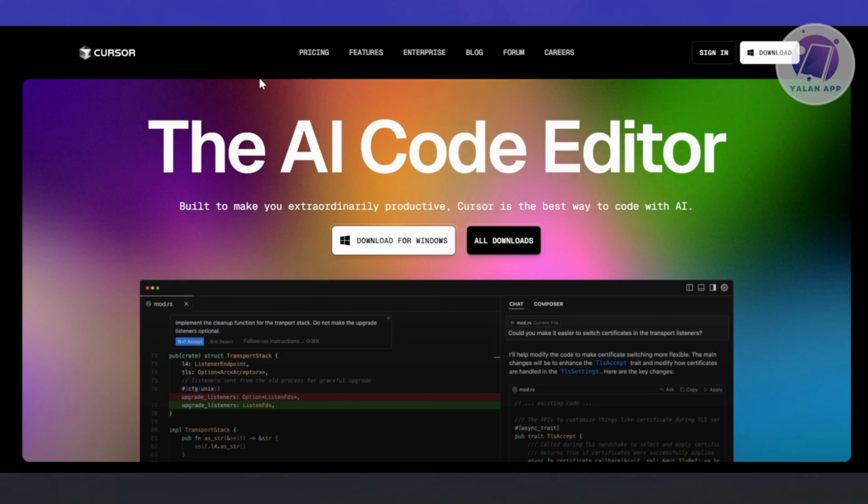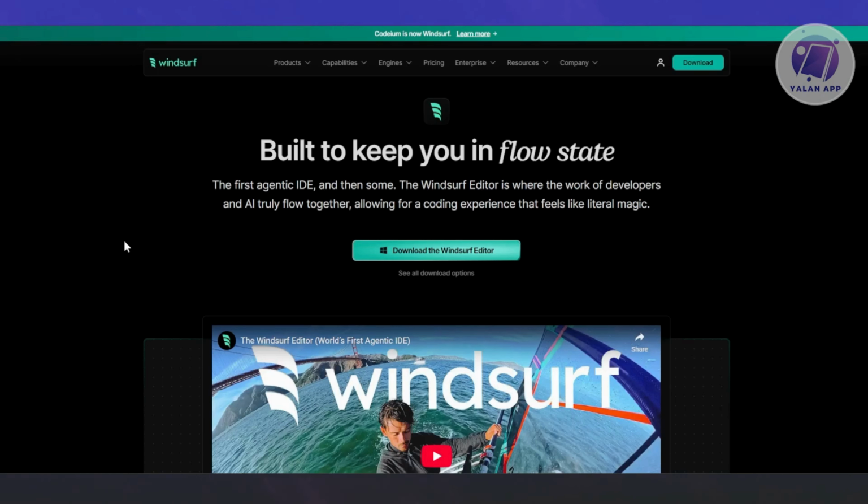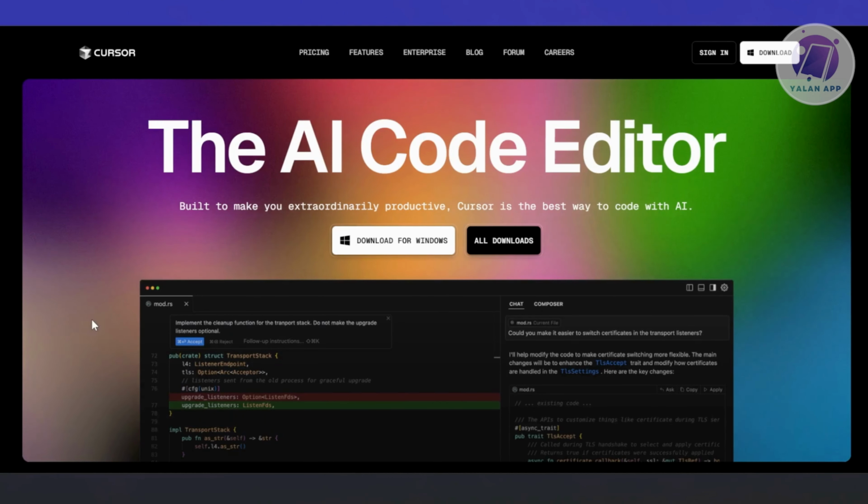So if you're diving into the world of AI-enhanced development tools, Cursor and Windsurf are two of the most hyped IDEs right now. Both are based on VS Code, so if you're coming from that world, you're going to be in familiar territory, but with powerful AI features layered on top. These aren't just simple code editors with a chatbot bolted on. These tools are trying to reimagine how developers work with code, turning IDEs into collaborative partners rather than static environments. But even though they seem similar on the surface, there are key differences in how they work and